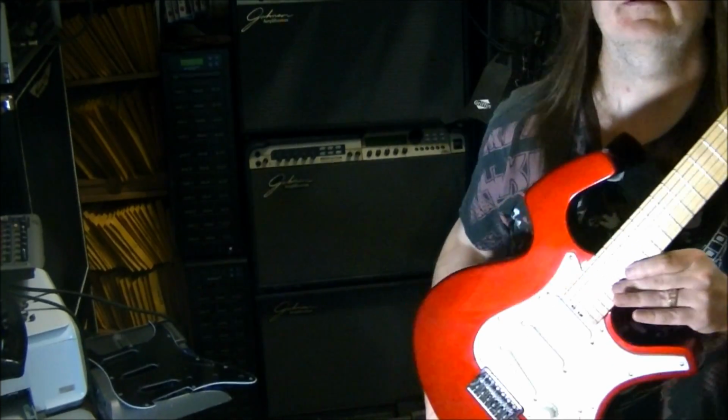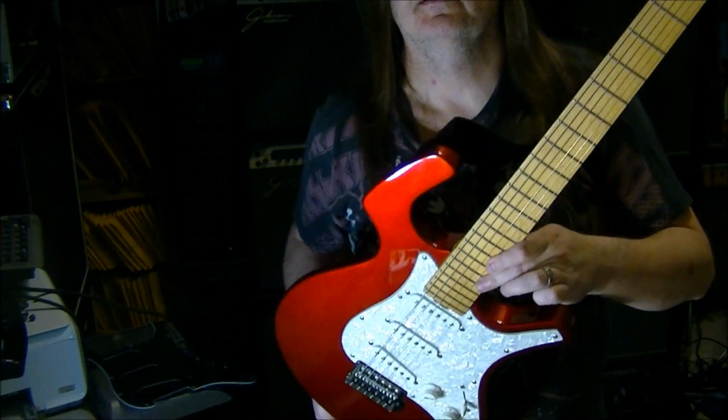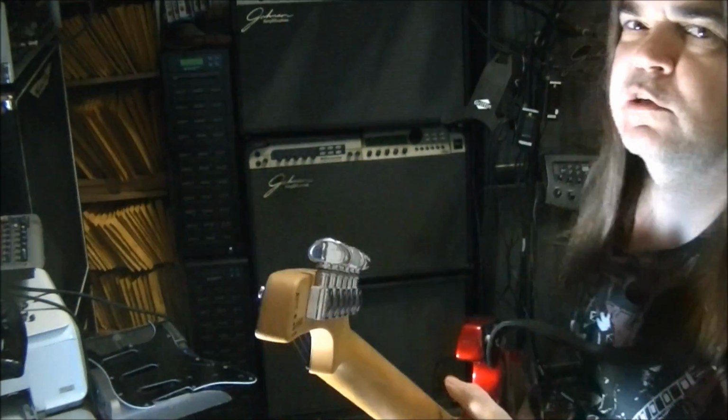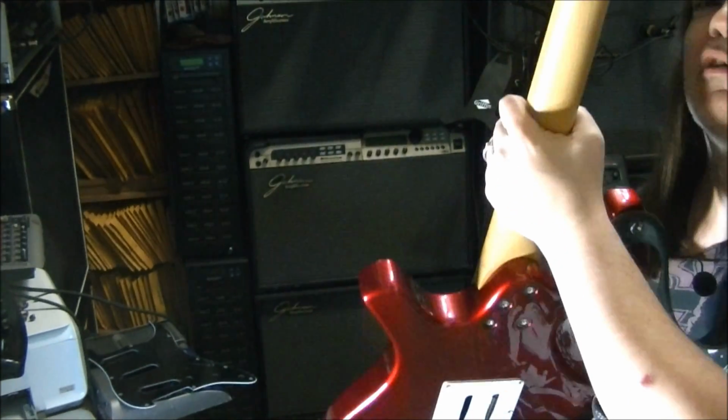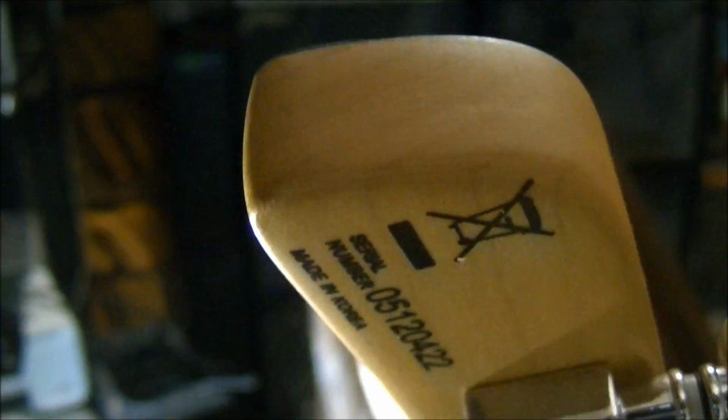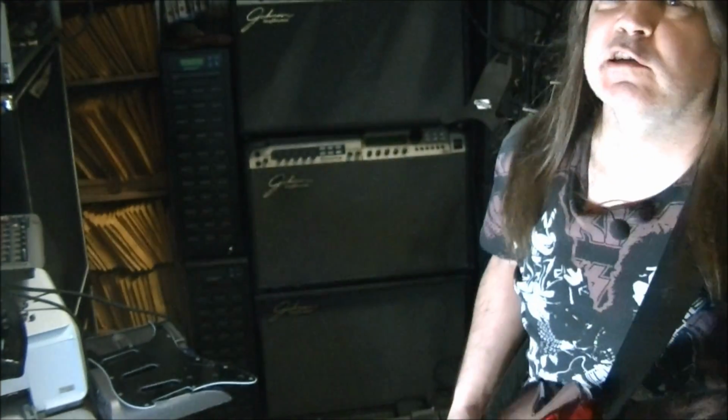And that's the Parker P-series that are discontinued as well. That's these things, and they're made out of wood without all the graphite stuff. So they figured they would make some for people who didn't like all the space age stuff. So you got a bolt-on neck. They decided to go to the same Korean plant, kaboosh, and offer the exact same colors as PRS did to the United States anyway, which of course are red,